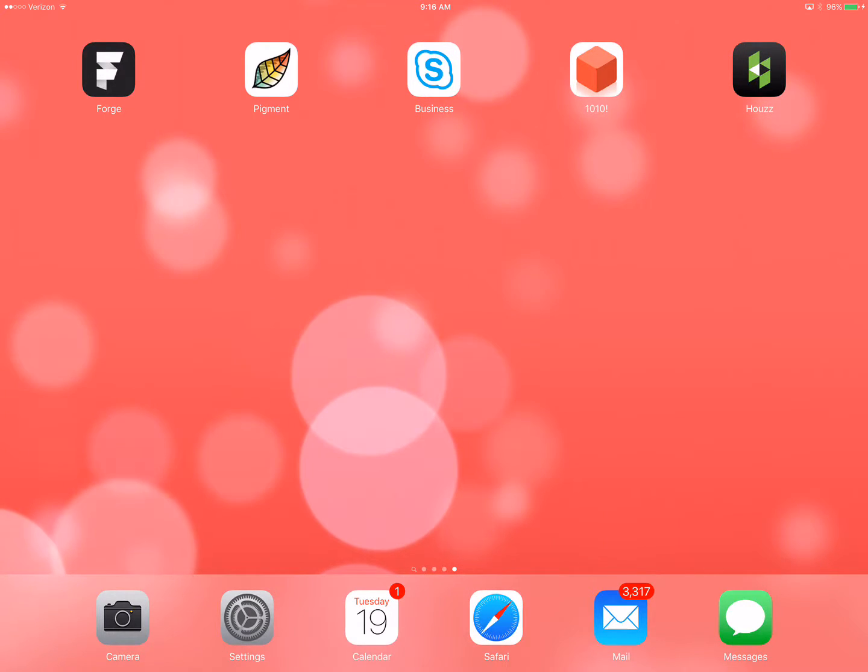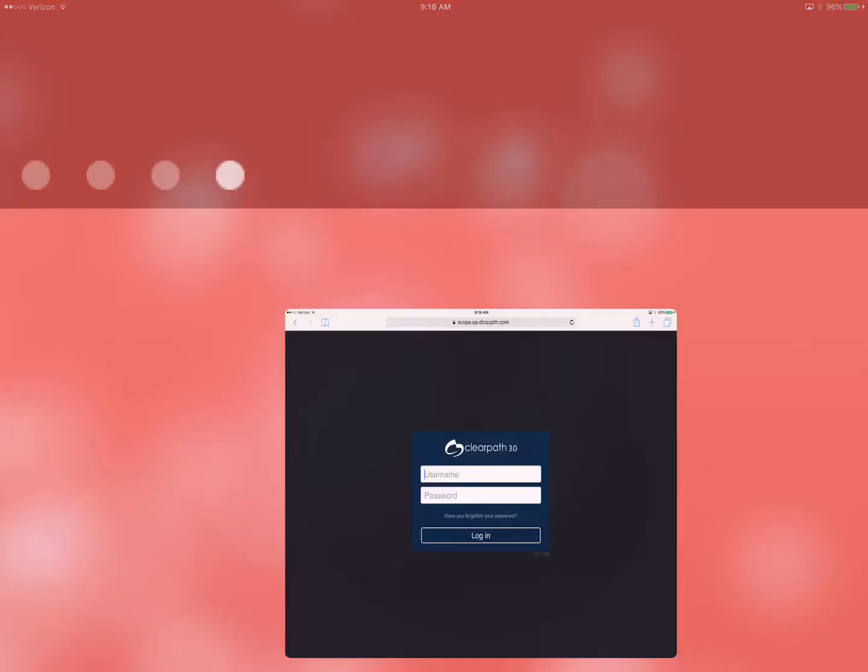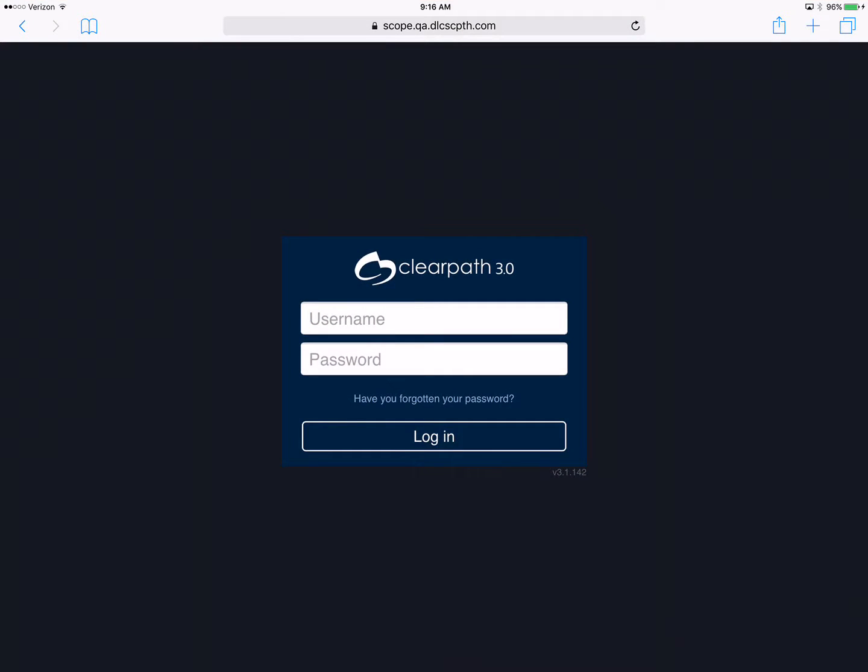Hi, this is Shannon from Clearpath, and today I'm going to take you through the navigation and diagnosis process within the application. So in order to access Clearpath 3.0, I click on my Safari link, and it brings up my